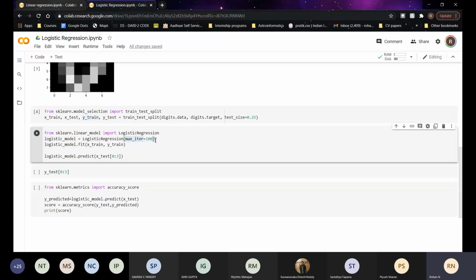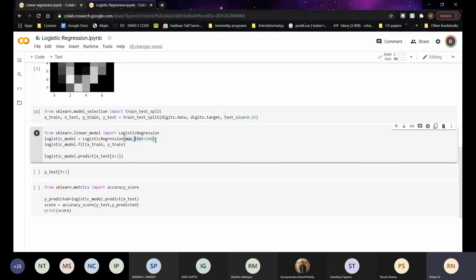You have to update the values of theta naught, theta 1, etc. multiple times before you reach the minima. So this is nothing but the maximum number of iterations the model will do before it terminates execution of this code. Then we use fit as before,